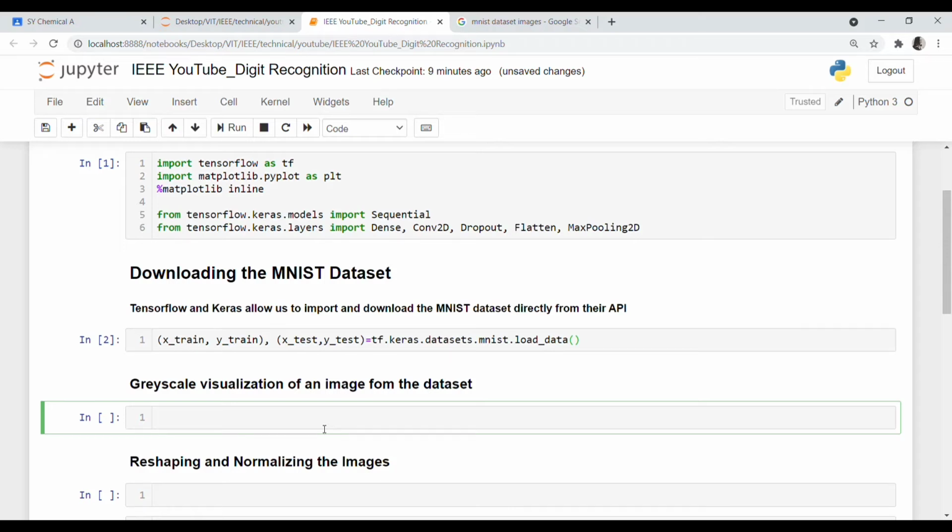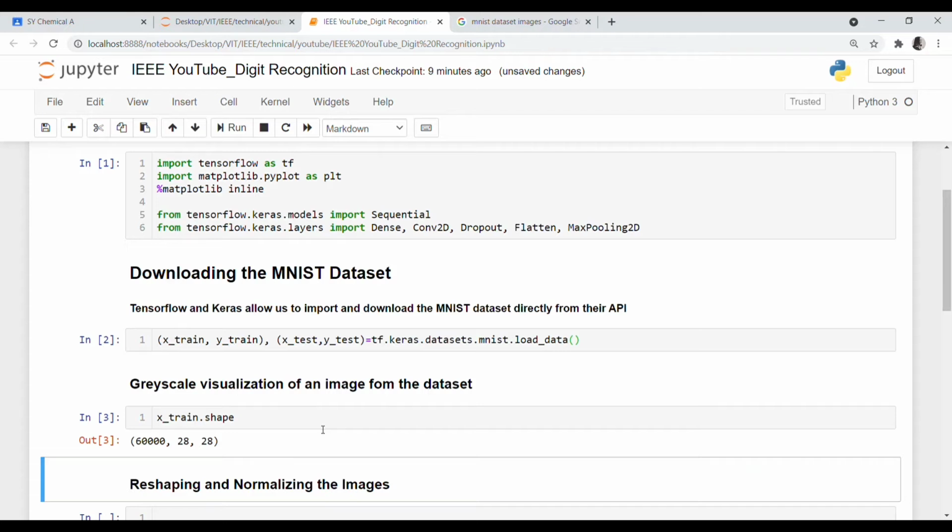To understand the number of images in this dataset, let us first use the xtrain.shape attribute to understand its shape. Yeah, so there are 60,000 images of 28 by 28 pixels.